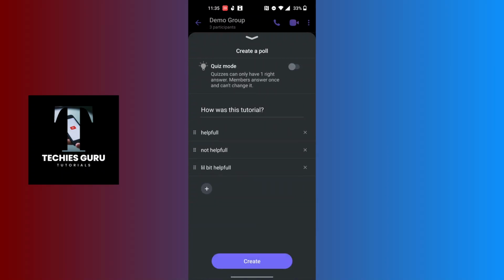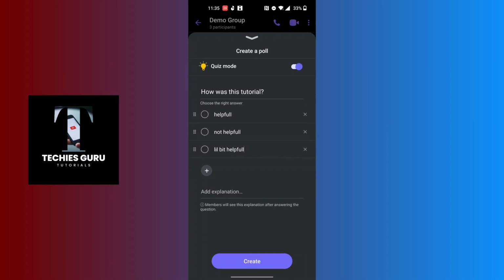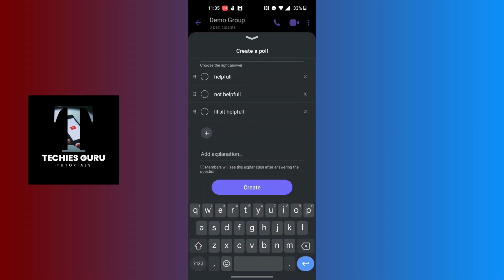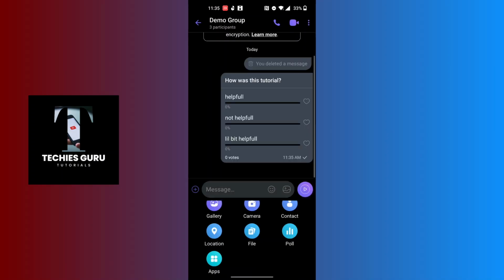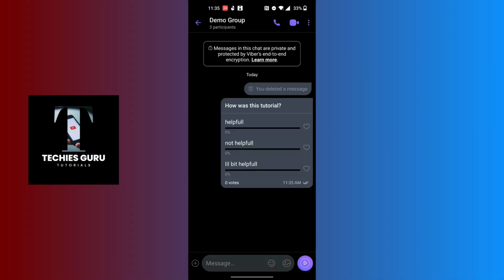You can also enable the quiz mode, guys. You can see there is the quiz mode option available at the top right, where it says quizzes can only have one right answer and members answer once and can't change it. You can also turn it on and add the explanation over here, but we won't be doing that. Let's disable the quiz mode and tap on create, and you can see, guys, the poll was created